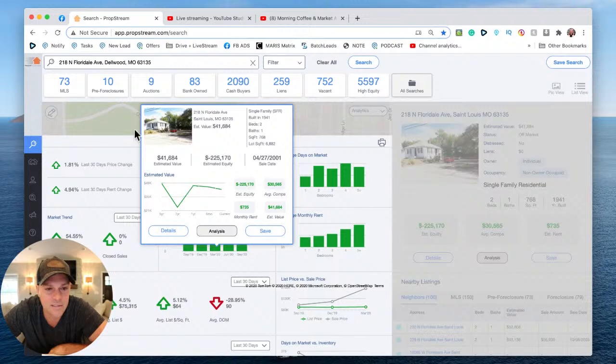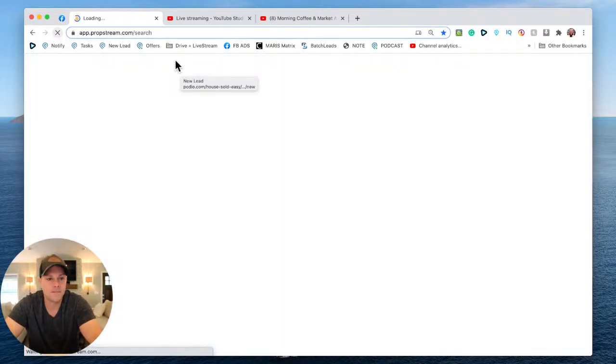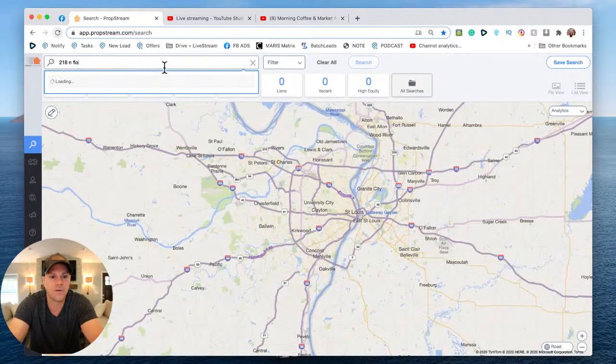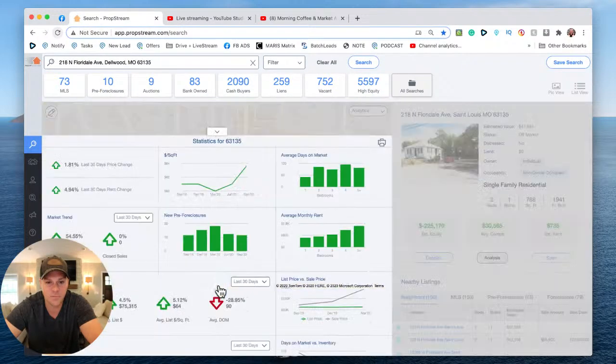I want that thing to just go away. We're just going to refresh and start over. There we go. 218 Wholesaling. There we go. So what I was getting at is I can click this little button here once I get